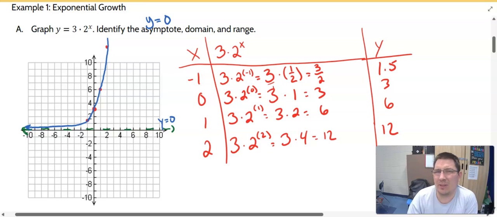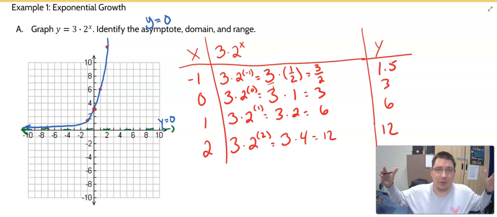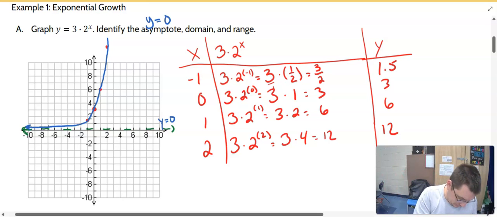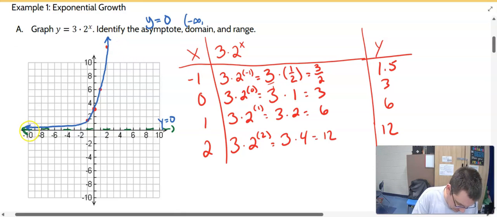And as long as we don't have any vertical translations going on, our asymptote is going to stay exactly right there. Now, domain and range, remember we've talked about domain and range before. Domain is the x variables, right? How far to the left, how far to the right does this graph go? As we look at this graph going further and further to the left, it's actually going to go to -infinity. It doesn't stop going to the left. When we look at it going to the right, we see the exponential gets tall very